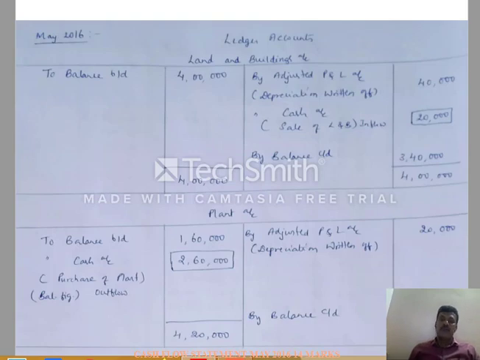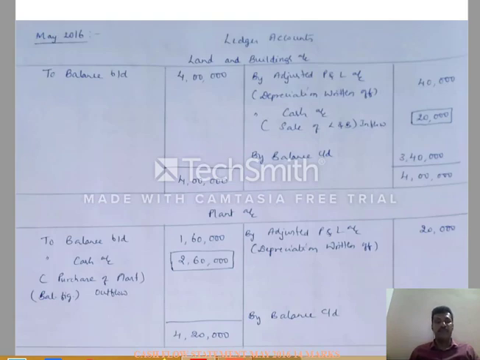Then we have to close the ledger account. On the debit side, we will get 4 lakhs. We have to enter the same amount on the credit side, 4 lakhs, and we will get a balance of rupees 20,000 on the credit side. So any closing balance in non-current asset account should be transferred to cash account. So here by cash indicates that cash is coming into the business. Therefore, it should be considered as sale of land and building, and it results in inflow of cash for the company.